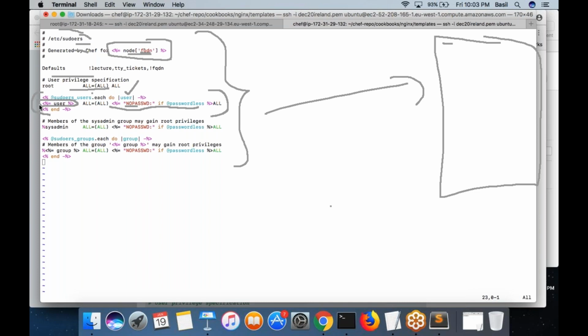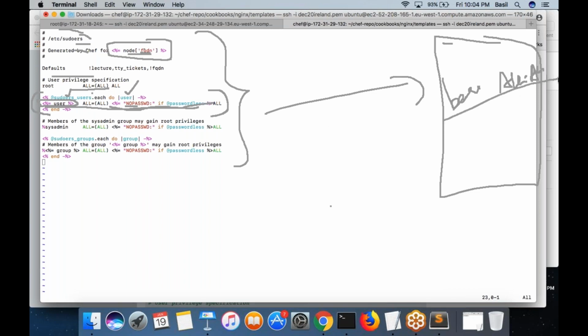The user will get added in each iteration. So whatever this variable contains, Basil, Karthik, you can list down the users. For each usage, these lines would be created. Basically, the line starts with Basil, then it would be ALL equals, in the bracket, ALL, then at the end another ALL.